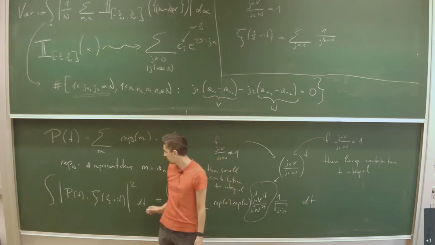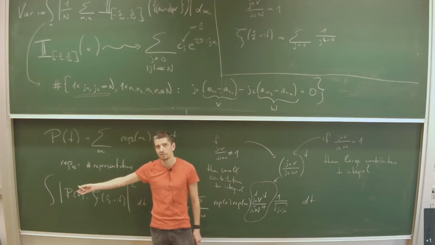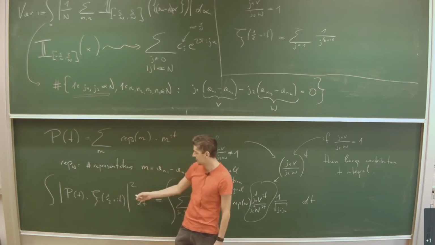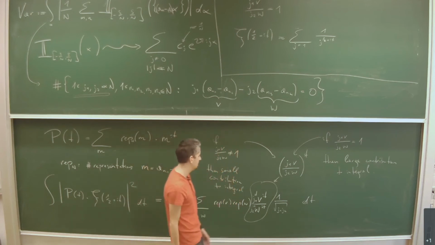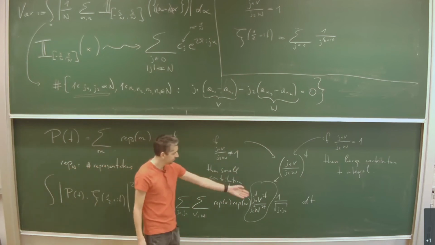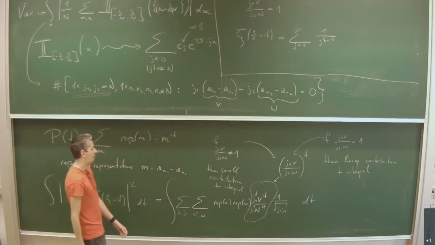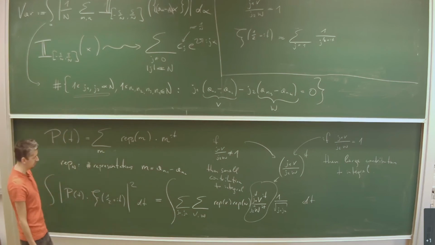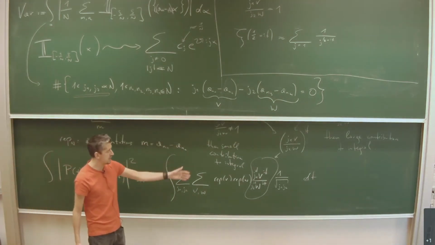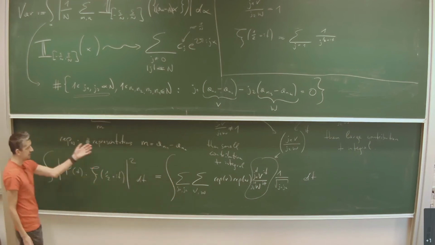I'm claiming that I can control this in terms of such an integral if I do everything a bit more carefully. So I have to specify where I'm integrating. Actually, I need some extra integration kernels and all sorts of things. But this is very roughly what happens. If I can really interpret this as the number of solutions in the counting problem that I'm trying to understand, then maybe I'm very lucky